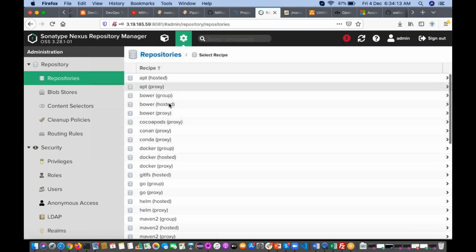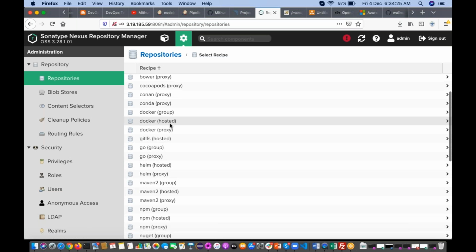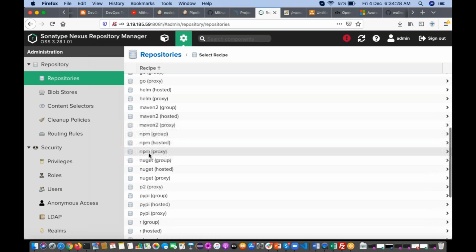Create repository. See, if it is a Maven Java project, we use Maven hosted. In Docker, Balaji sir is going to cover Docker hosted. If it is a Node.js project, npm hosted. See, guys, no one is going to teach this many repository types. Just only the Maven 2.